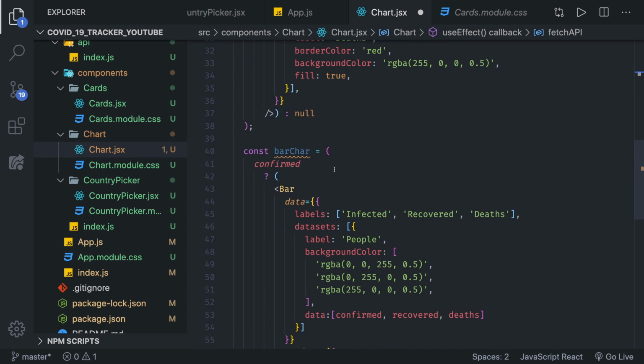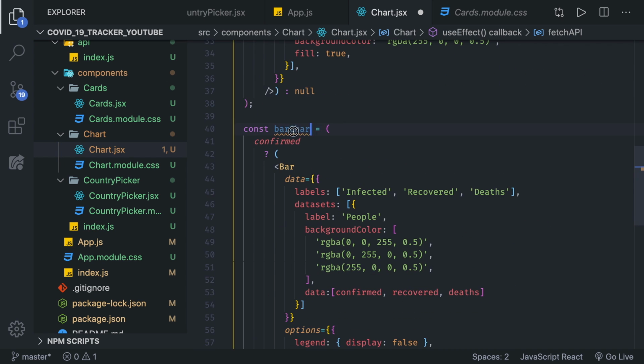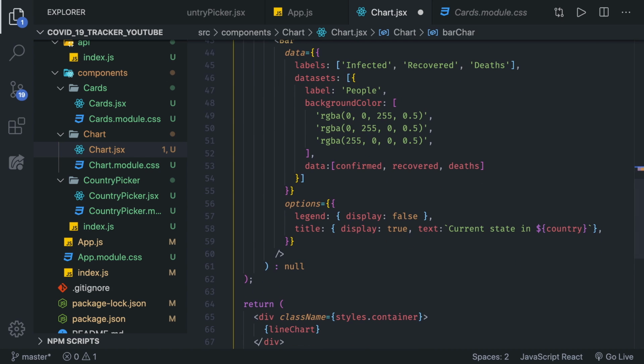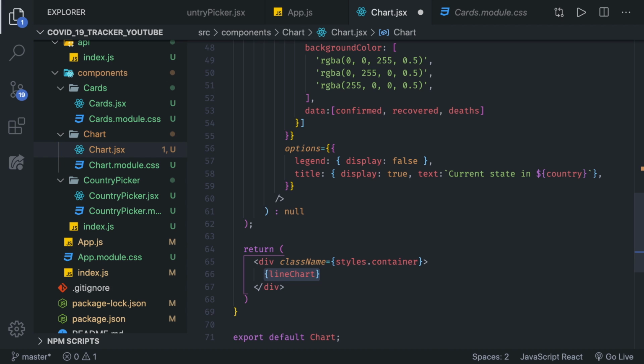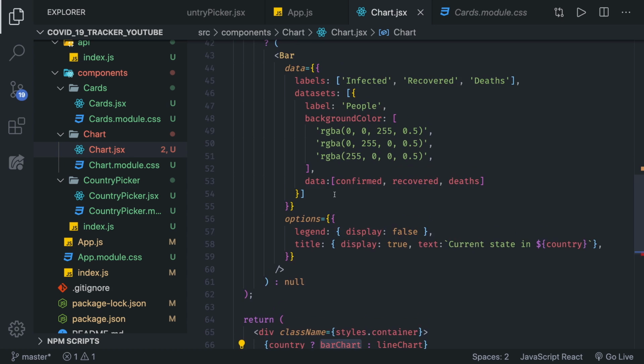That's it. Now, our bar chart is not being used anywhere. So how are we going to display bar chart if there is a country chosen, and a normal chart, a line chart, if no country is chosen? We can just make it ternary. So we can say, if there is a country, then show the bar chart, otherwise show a line chart. That's it. Now, if we go back, okay, I need to spell this correctly. So bar chart,